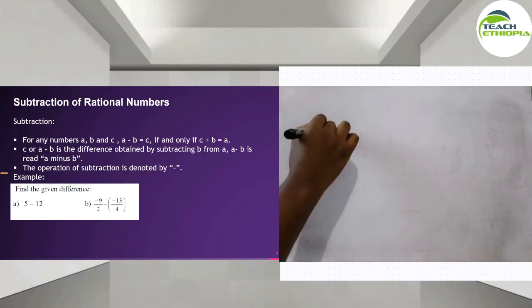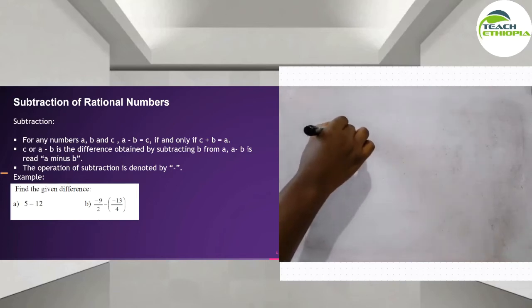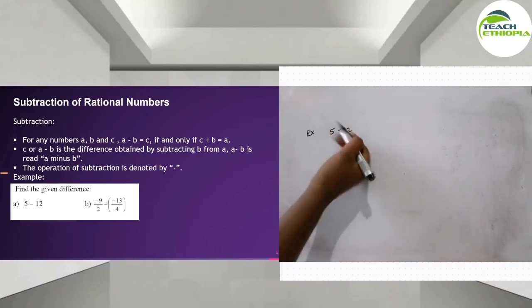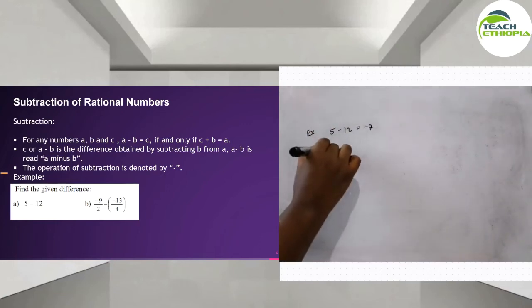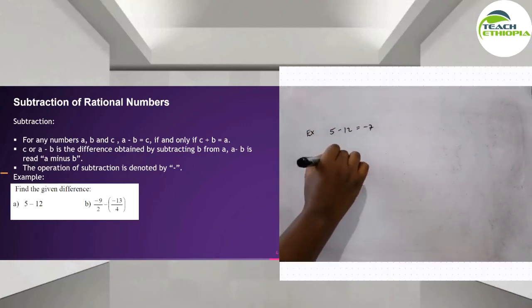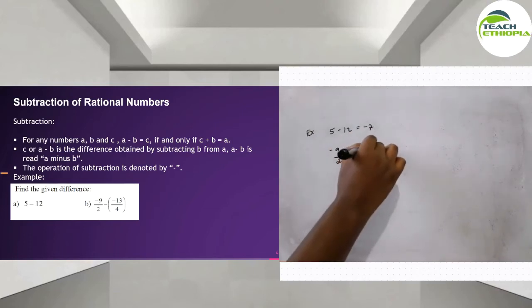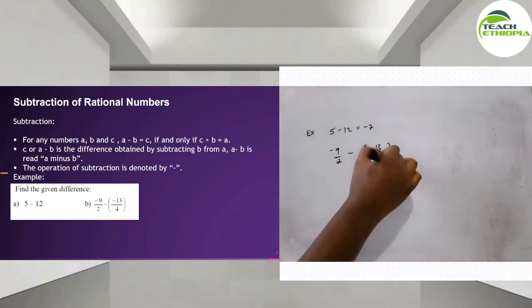Basically, 5 minus 12: this is rational numbers, 5 and this rational number, this is going to be minus 7. Simple subtraction, for example minus 9 over 2 minus into minus 13 over 4. So